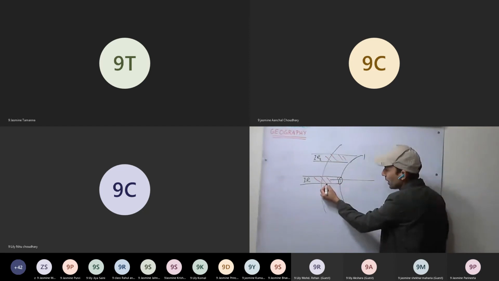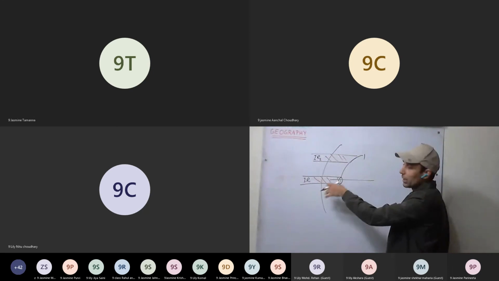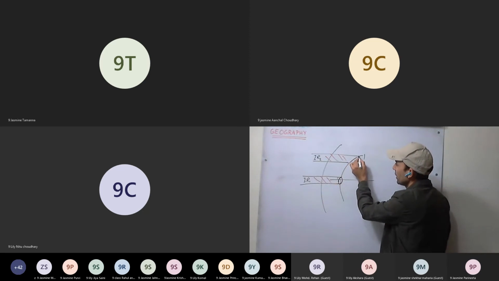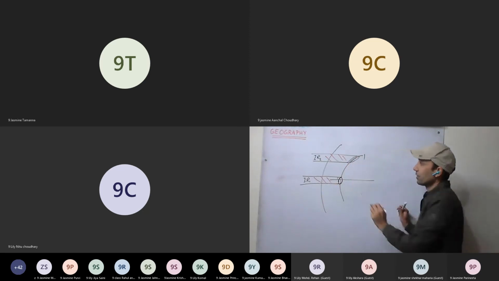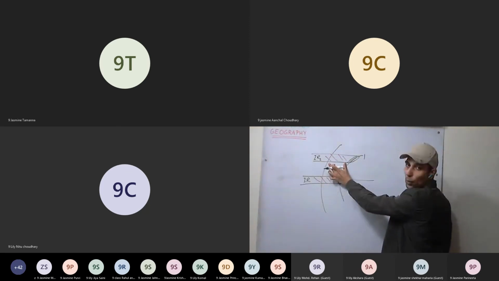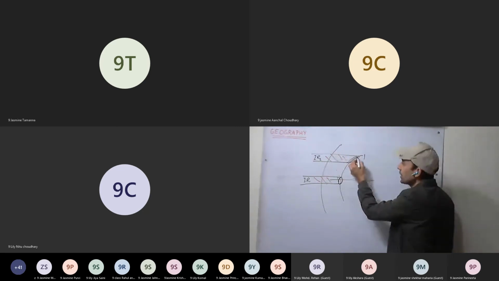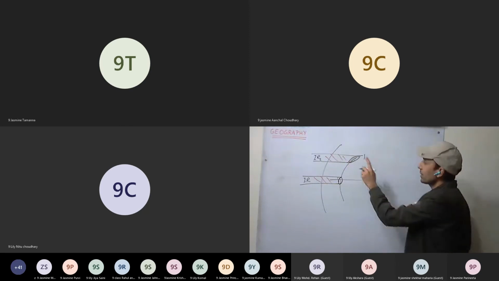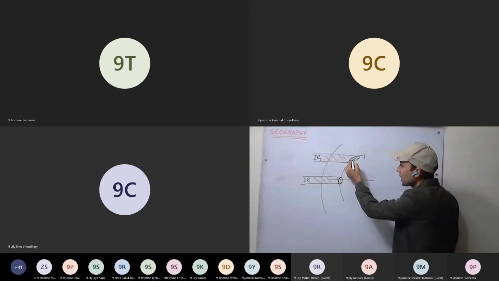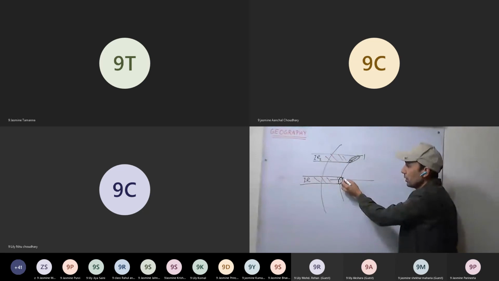Both are of the same size. So here this band has to travel a short distance in the atmosphere. So less absorption, less reflection, less scattering. So most of the heat is concentrated over a small area. What happens here? It got distributed over a large area. This second band has to travel more distance in the atmosphere, so more reflection, more absorption, more scattering. So less heat reaches the Earth's surface, and that less heat is also distributed over a large area. So net energy per unit area is less in higher latitudes as compared to low latitudes.